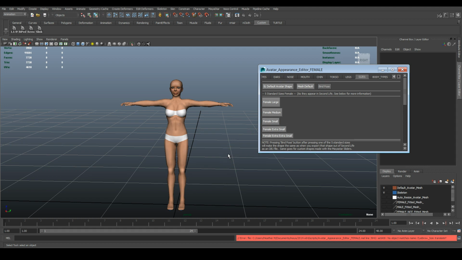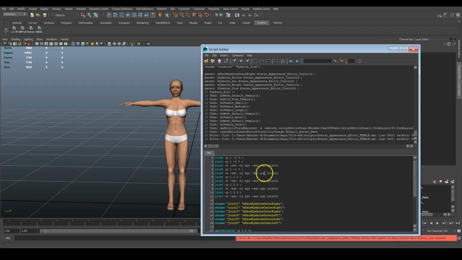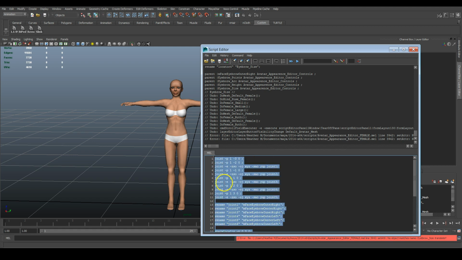Say you want to do this a lot, and you don't want to have to copy and paste this all the time and remember where you saved it and all that kind of stuff. So it's real easy. Click anywhere in here, Control A to select it all. Come up here to File, and then go Save Script to Shelf. So have the shelf open that you want to save it at. Right now I have Custom open. Click Save to Shelf, and we'll say